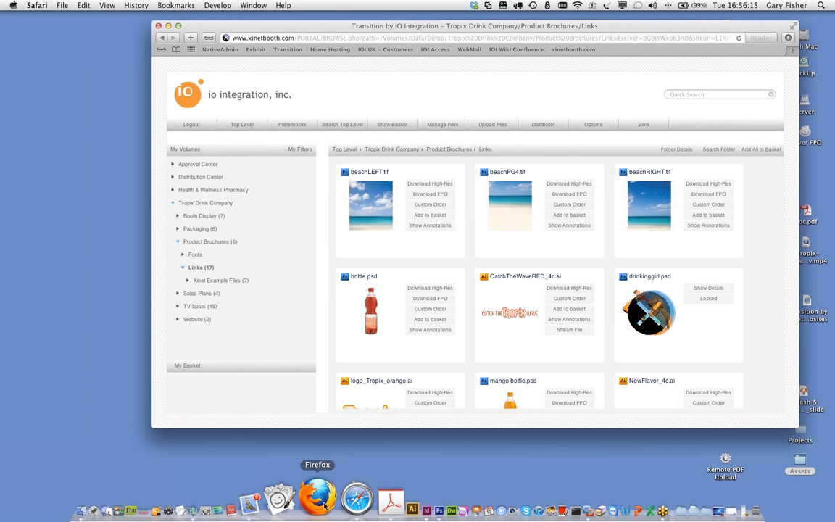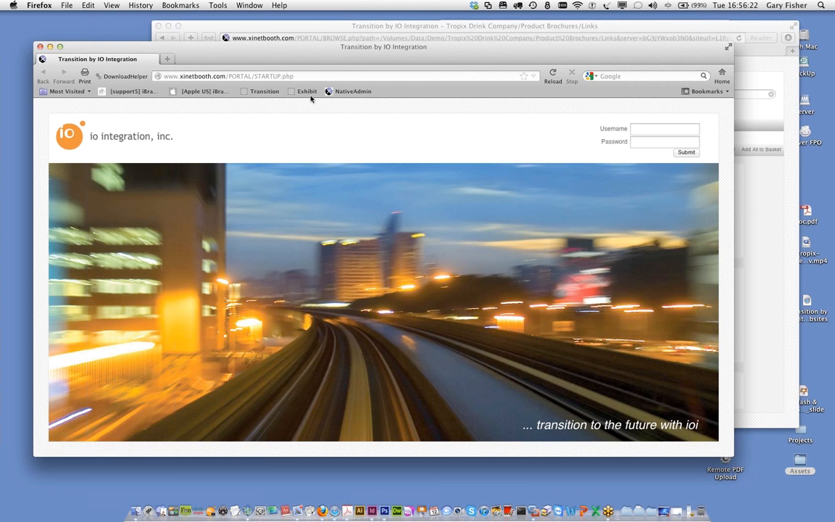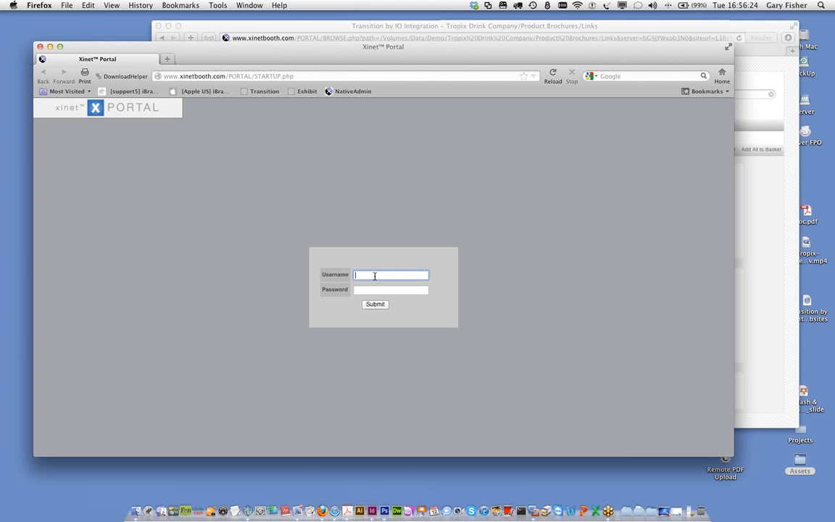To show this next part of the demonstration, I'm going to launch another web browser, and I'm going to log in as a different user. So let's log in, and just to differentiate, let's use the exhibit skin so you can see the different style. So I'm going to log in with the user demo2,